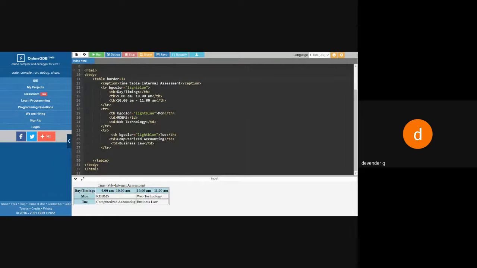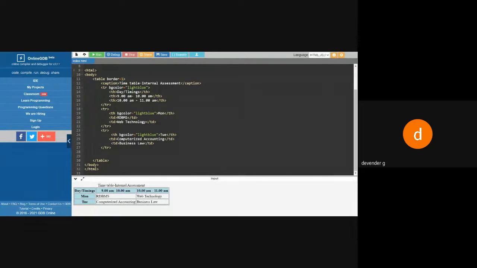So here, there is no gap between one cell and another cell. There is no gap between one data and another data. If you want any kind of gap between the cells and the data, then we need something called cell spacing and cell padding.